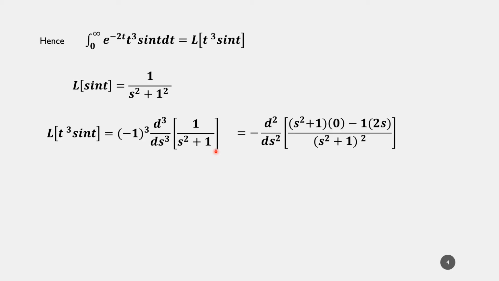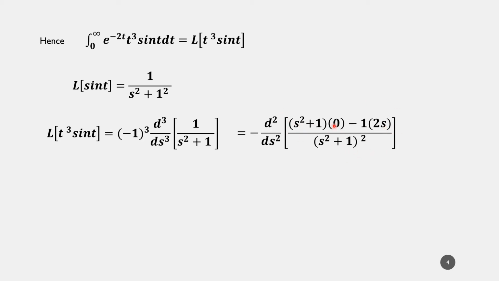So first derivative. Now minus 1 the whole cube is minus the first derivative. I have used again u by v. You can do it directly also. I have used u by v. So v into derivative of 1, which is 0, minus 1 into derivative of s square plus 1, that is 2s, upon denominator square. So minus d square by ds square. So one derivative we have done by using u by v, v du minus u dv upon v square.